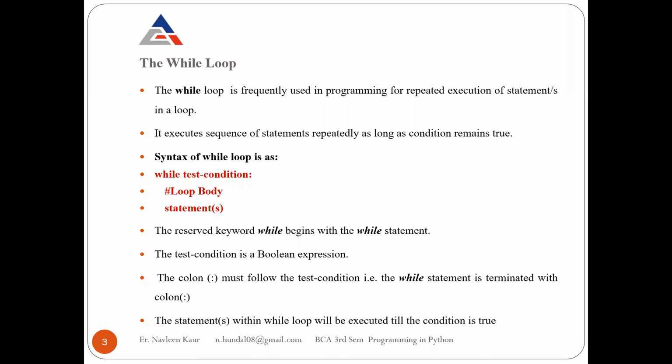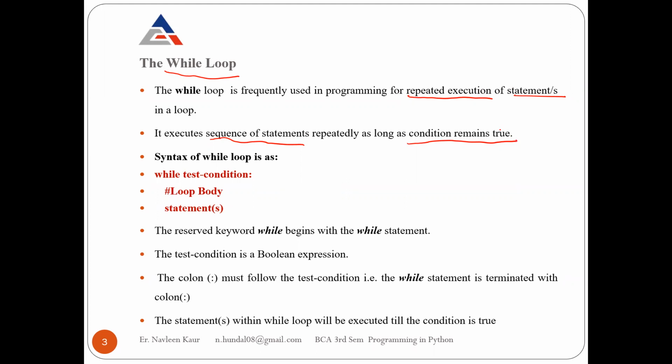So the very first one that we are going to do today is the while loop. The while loop is used in programming, and why do we use any loop? We use the loop for repeated execution. When you want to repeat something, what do you want to repeat here? You are repeating the statements, right? It executes a sequence of statements repeatedly. Repeatedly means again and again the loop will execute. It will run the statements. How long will it run the statements? Until the condition remains true. And when the condition is false, automatically the loop stops. It means the execution of the